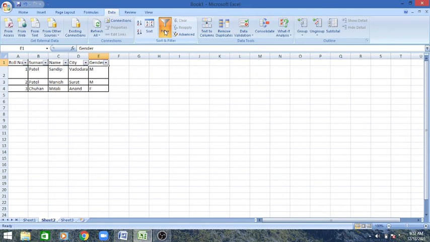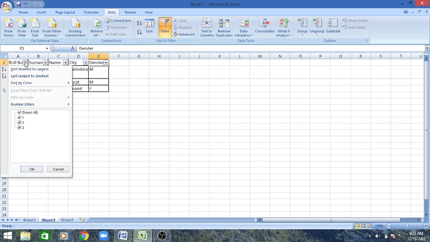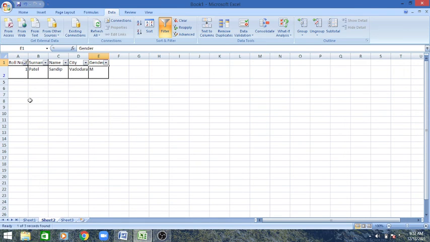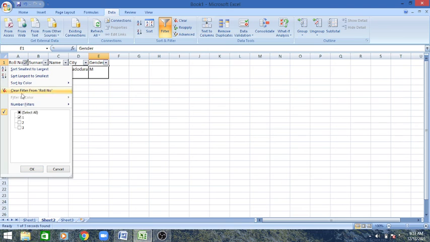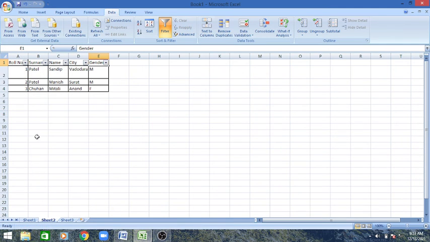So when I have clicked on filter, you can see a drop down list available over here. You can click here and you can select one. First of all, deselect from here and just click 1 and press OK. First roll number 1 is available in front of you. You can go back and again click here, your table will be as it is.